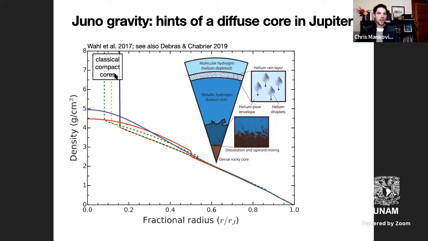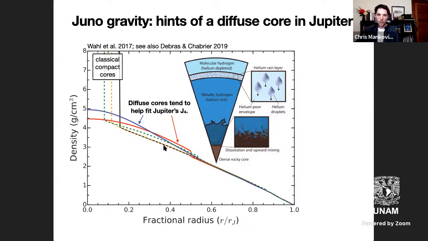So there are models with classical compact cores, but what it looks like is that diffuse cores, as opposed to these really compact, pure heavy element cores, tend to be helpful for fitting the gravity spectrum, especially Jupiter's J4, which is rather hard to fit with the models that I was showing in the previous slide. And this can take the form of, say, just a model where the same amount of heavy element mass that was previously in a compact core is just blurred out to, say, 40 or 50% of the planet's radius, or it could be a gradual distribution of that same amount of composition.